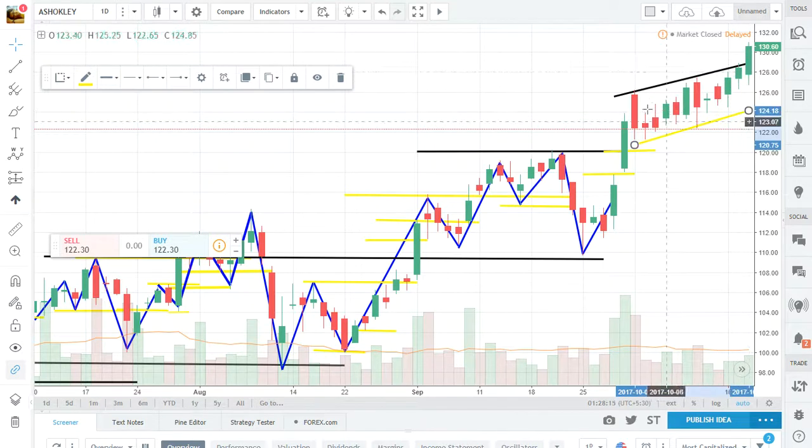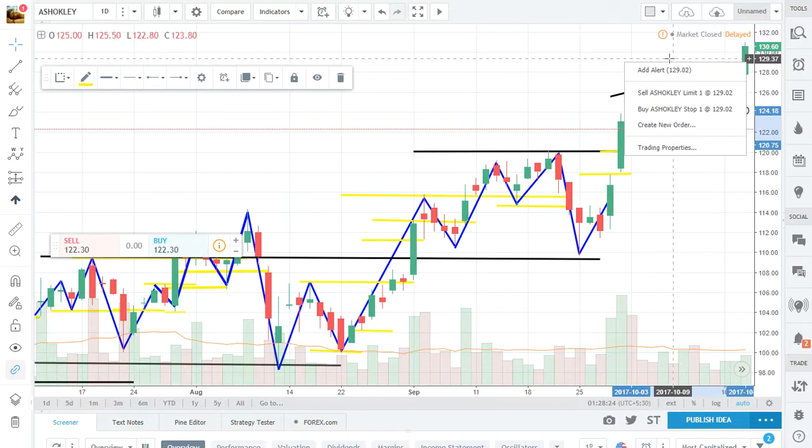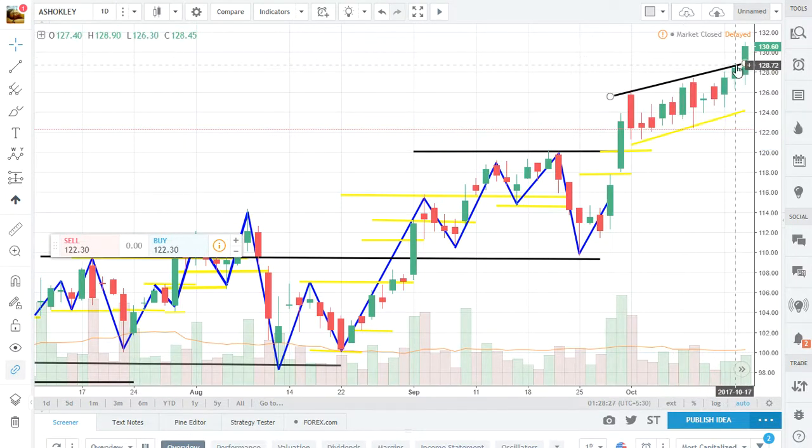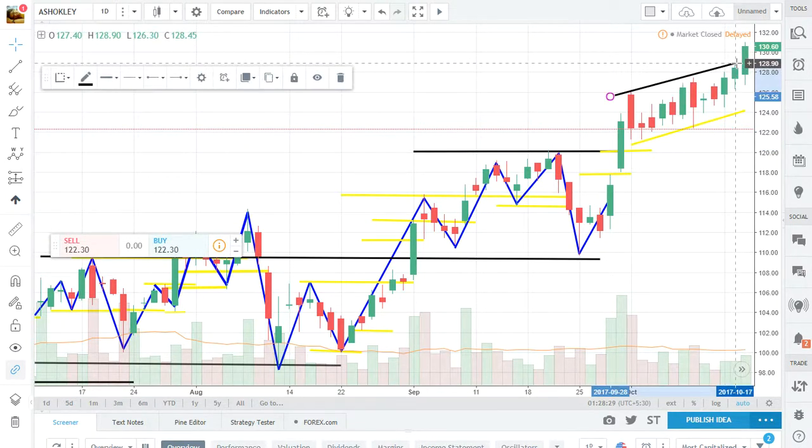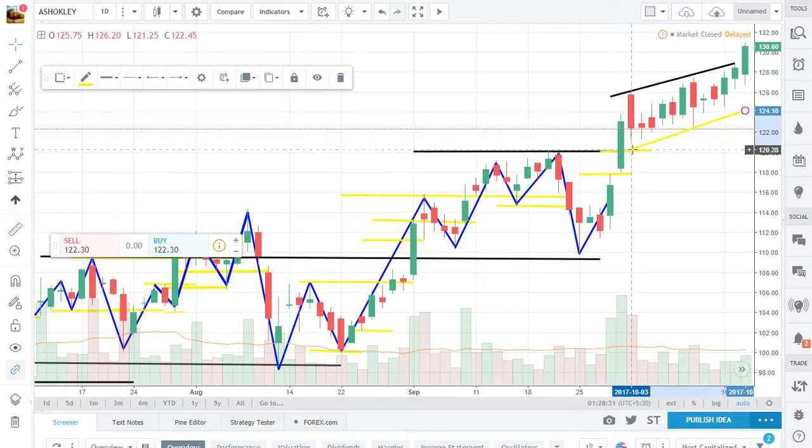So how to draw this channel? Just connect the two higher candles here, and when a new higher one emerges, just put it like this. So this is the channel as of now. And only draw the channel after 4 or 5 candles have been formed, because I'm telling you where the mistake can be made. If you draw the channel like this on the day of this,